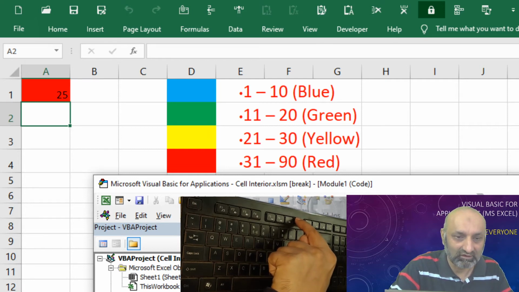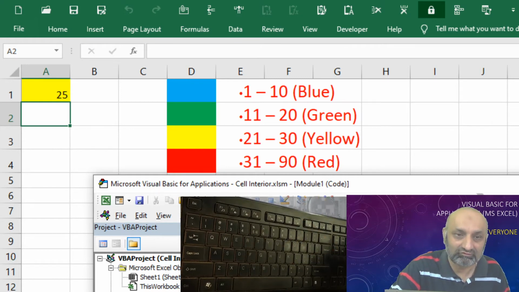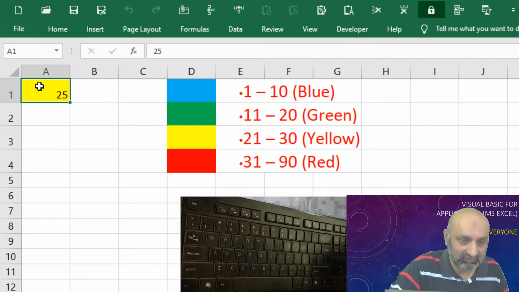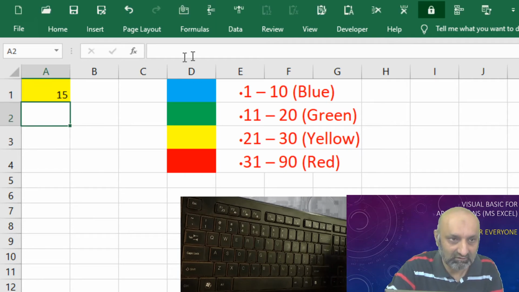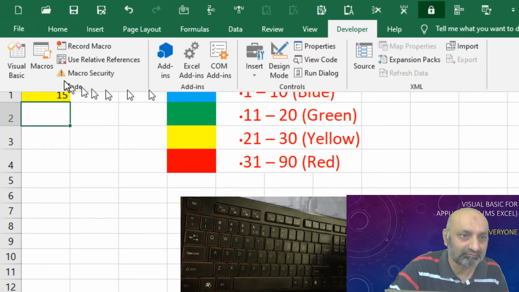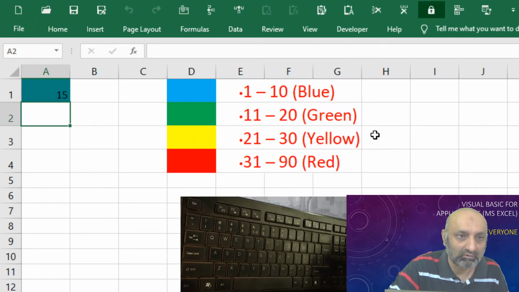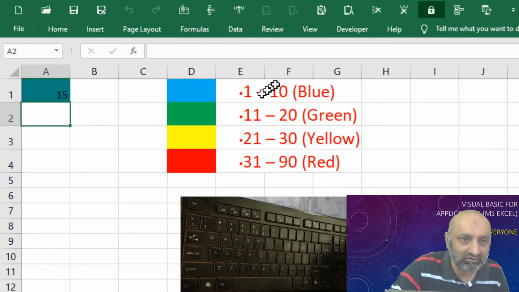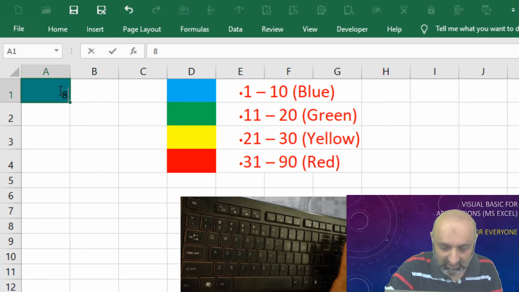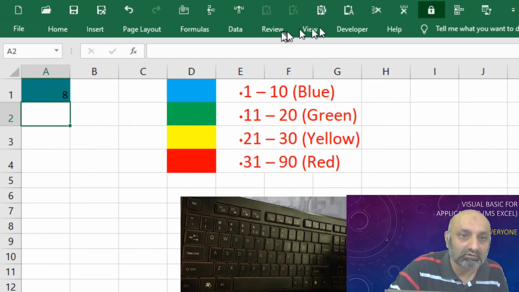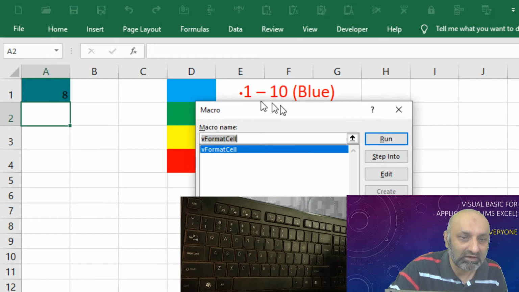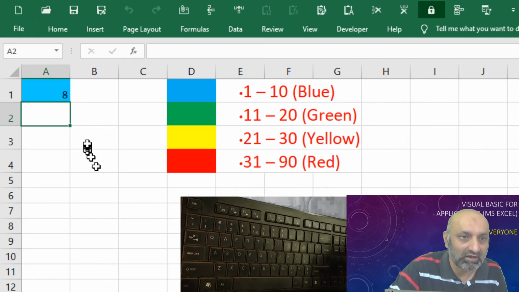First it is turning red, then yellow, and that's it. What we want to see is yellow. Yellow is appearing. So let's say 15 and run our macro. Run. It is sort of green, a bit different, but it is doing something. What about 8? Developer, macros, run, and it is blue.